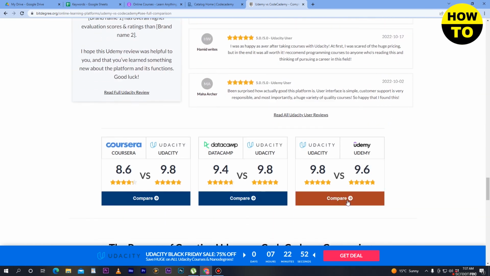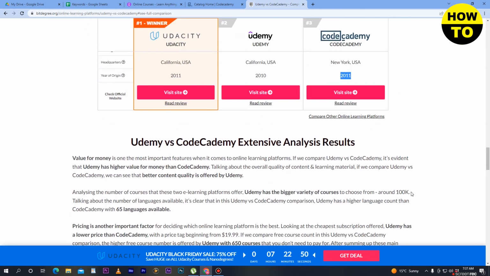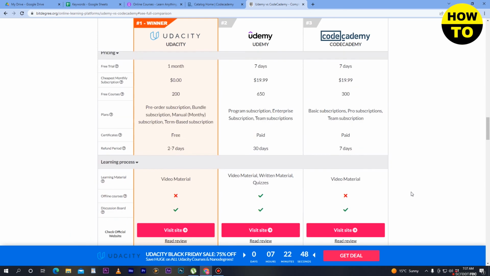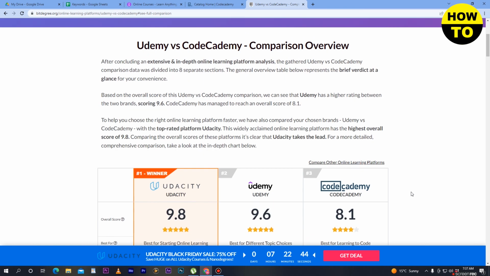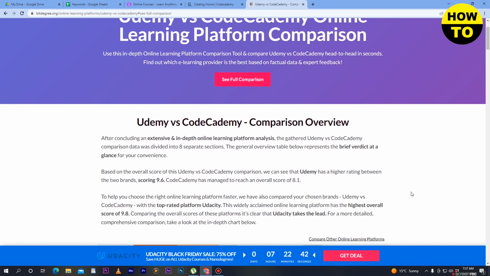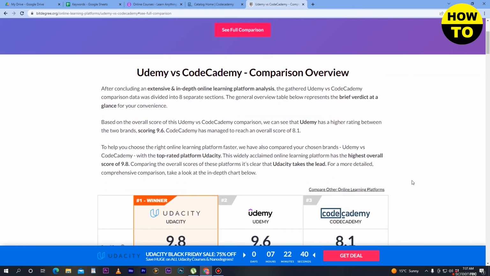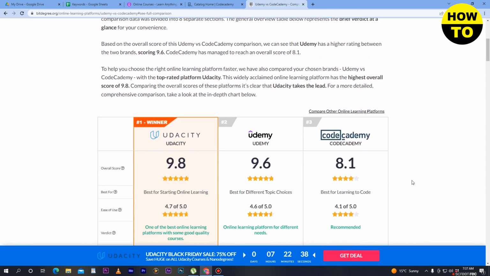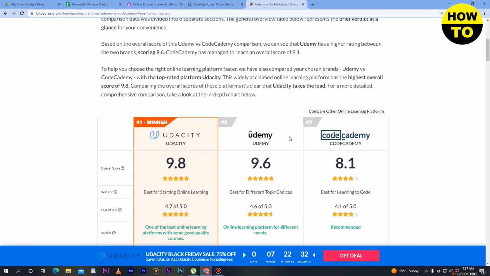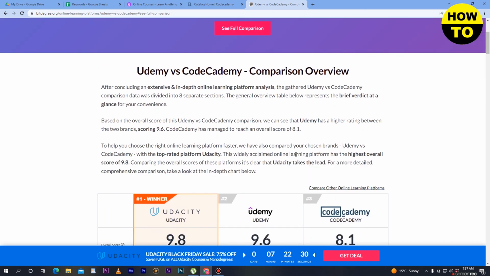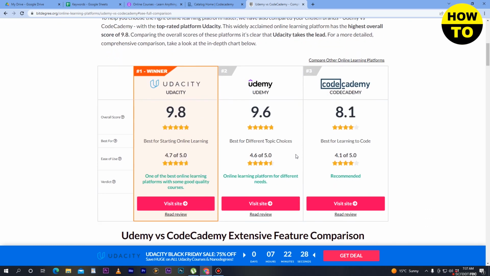So finally we have understood, after making a comparison between Udemy and Codecademy, that Udemy has expensive and high rating courses, and Udemy also has a good rating as we compare it to Codecademy. So in this sense, Udemy has good ratings and courses.